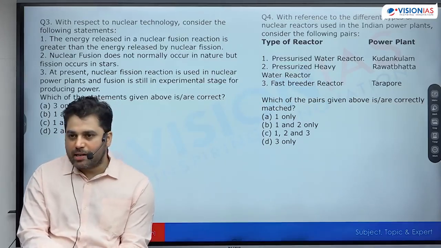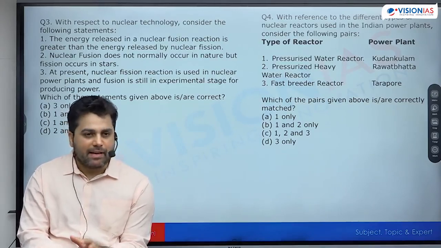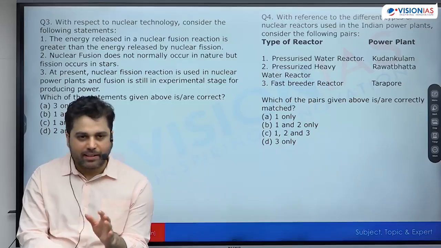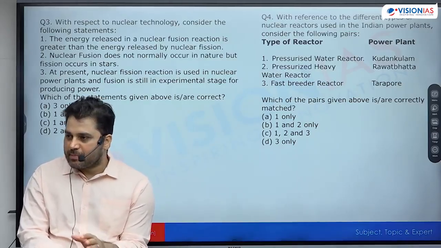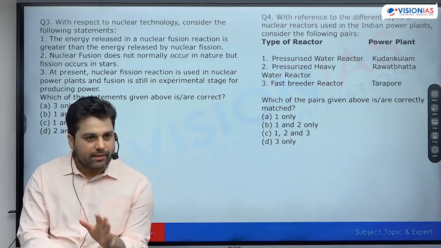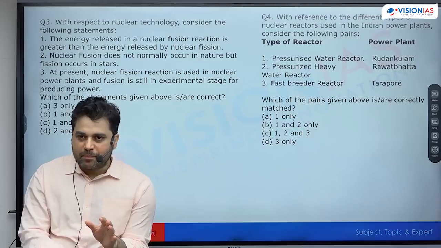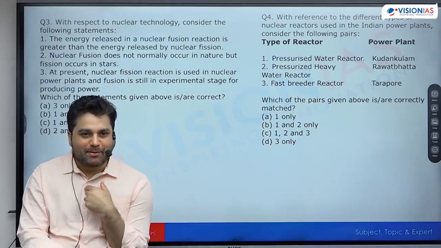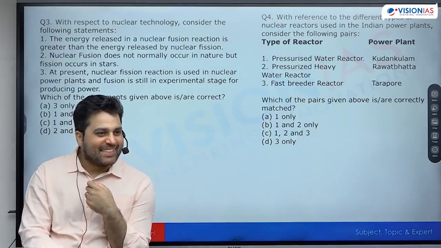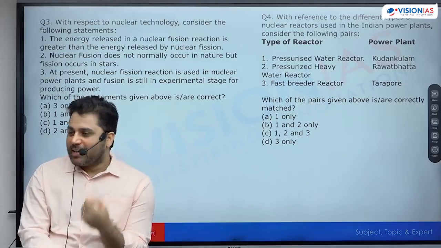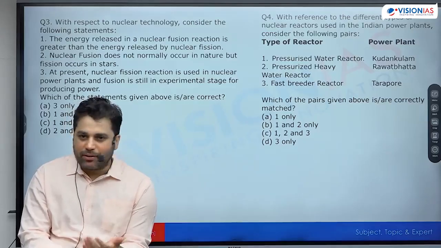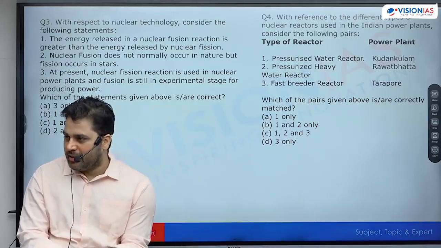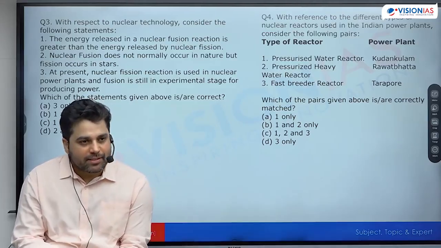Last year UPSC का cutoff था 76, 75.23 something like that. So you answer 38 questions out of 100 and you clear prelims examination. Just 38 and you clear prelims examination. Of course, you do not know beforehand what will be the cutoff, so you cannot take that risk. But the point here is that you do not have to attempt all the questions. Some questions you can leave also, particularly जो factual questions हैं, and you are not very clear about the facts.